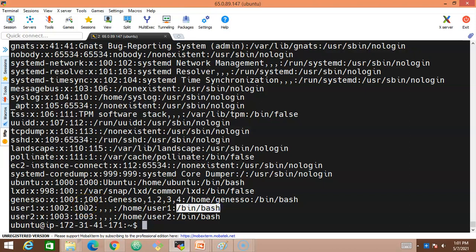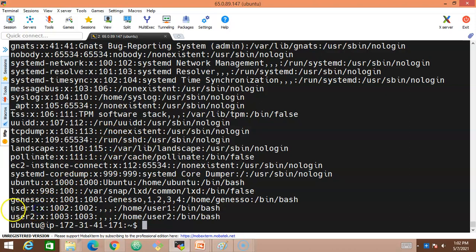Now there is a requirement out of this file. In one of the interviews, in one of the examinations, they asked us to type this command. With the help of a delimiter we will be able to achieve it. So what exactly is a delimiter here? We will be taking colon as a delimiter.